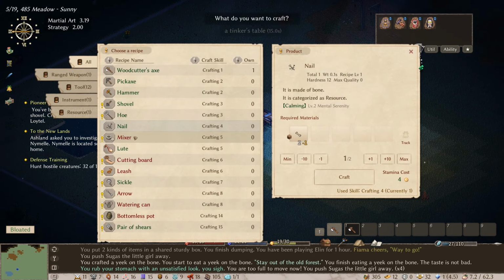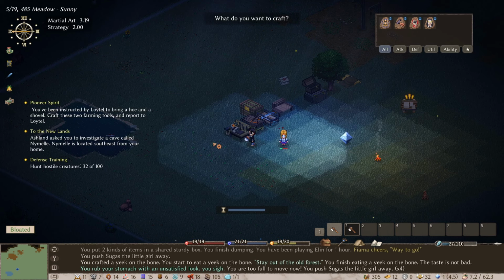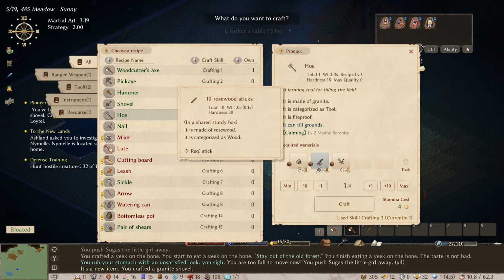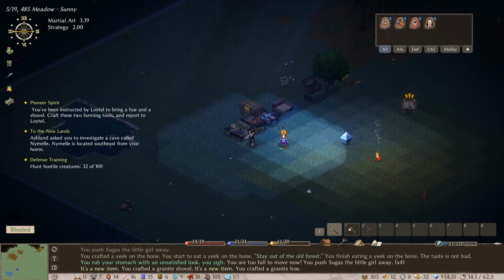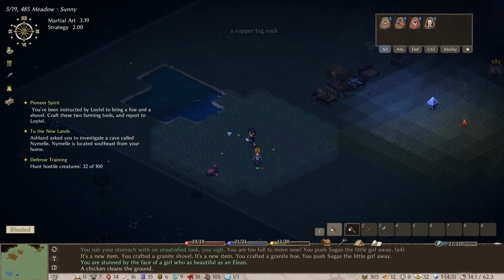What do I want to craft? A hoe and a shovel. I've only got granite stones. We'll use that. Okay, put that on my hotbar. Lloyd's gonna show us how to be a farmer. So you don't want to craft your shovel and your hoe out of limestone if those are the first rocks you run across, by the way. I wouldn't do it. Probably doesn't make a difference as far as tilling the ground goes, but...